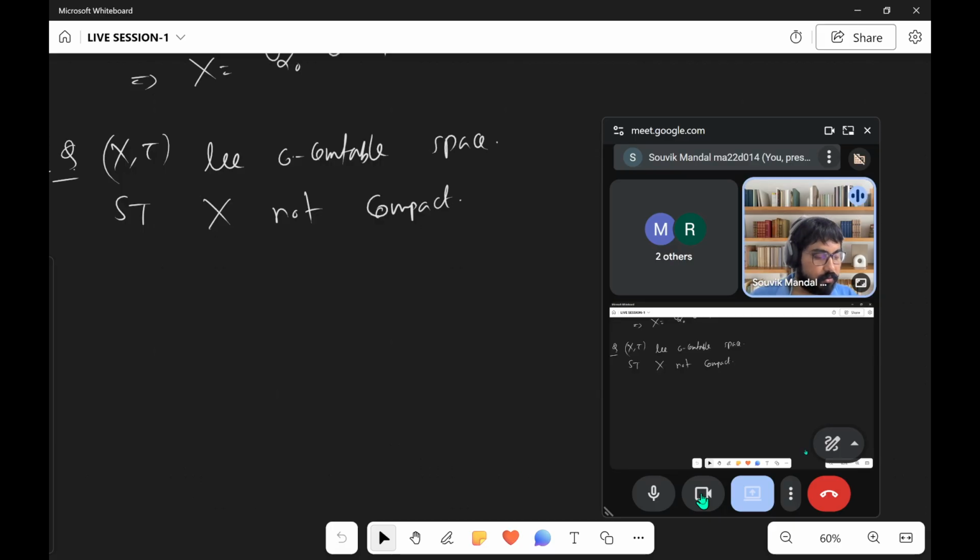U alpha is equal to X minus {x1, x2, x3, ...}. So this is one open set. Then